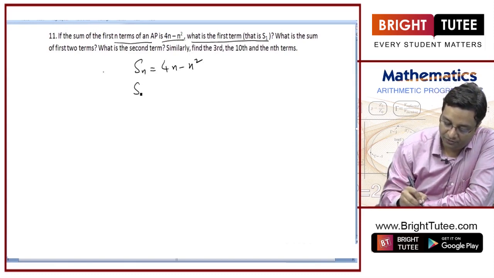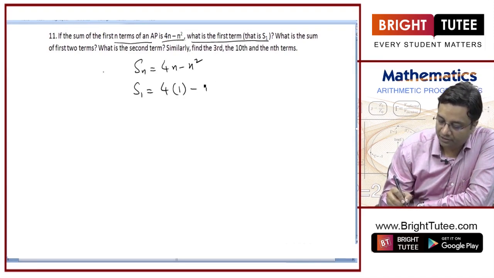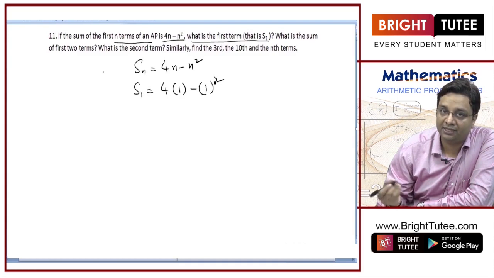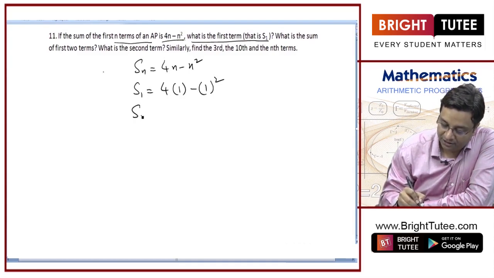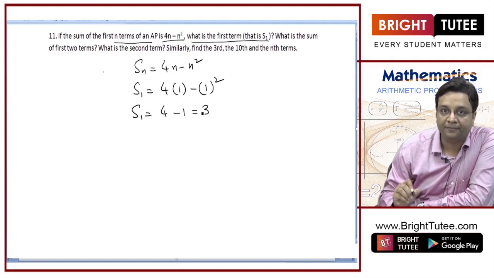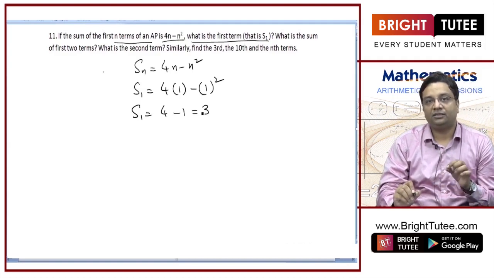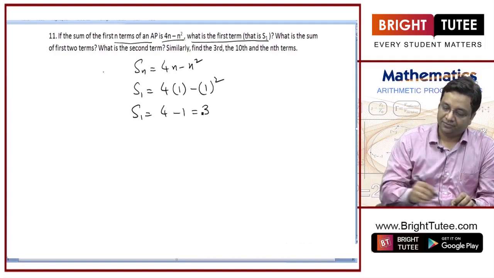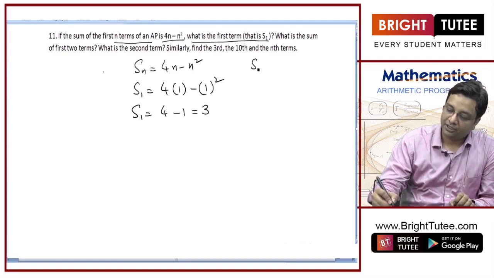So S1 will obviously be equal to 4 into 1 minus 1 squared. I have just replaced n by 1. So S1 is equal to 4 minus 1, which is equal to 3. So S1, students, is also the first term, because if you see what is Sn,